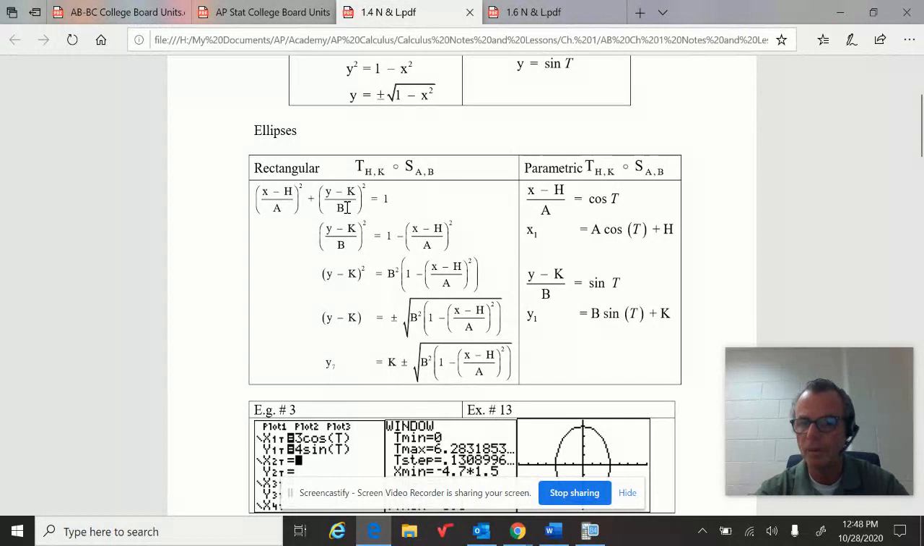The slide, the translation, follows the scale change. So then we turn around and replace x with x, take away h, which would move it h units to the right. And we replace y with y, take away k, which would move it up k units. And then if we got y by itself, we'd end up with this mess down here. But it's much more user-friendly if we just take this